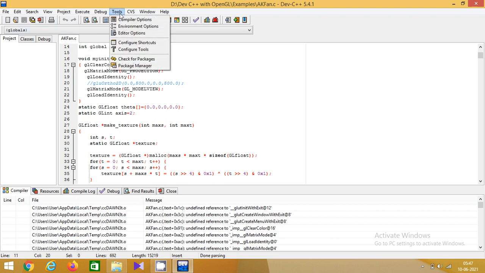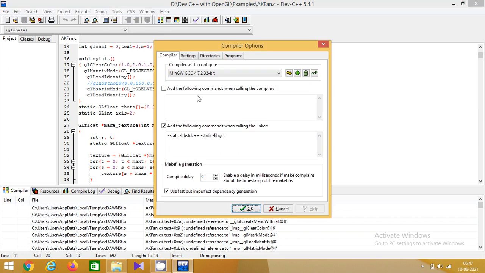Go to the Tools option, there you will find Compiler Options, the first one in the menu. Click on Compiler Options. A window will appear like this. In this, you check this option: add the following commands when calling the compiler. Check this option, and here you write three very simple commands.